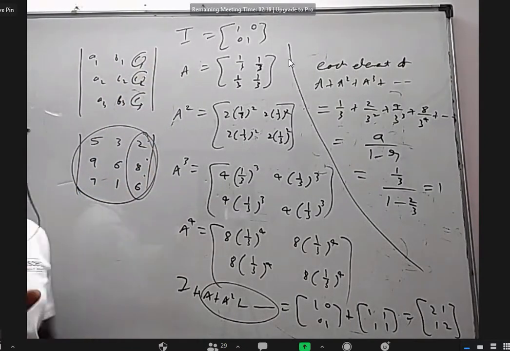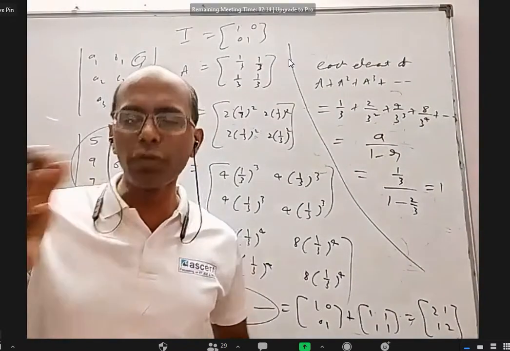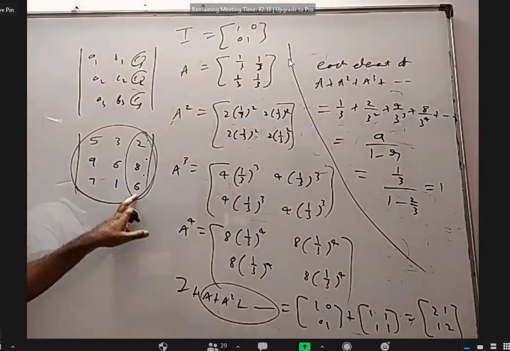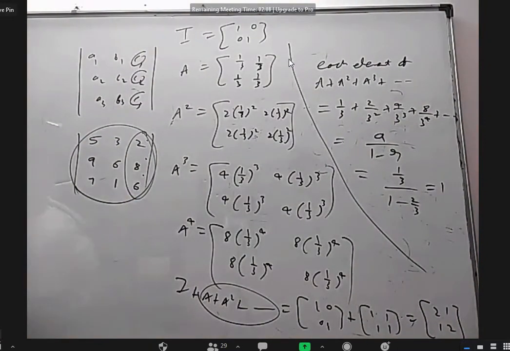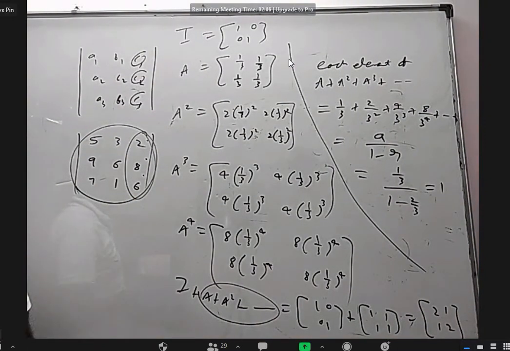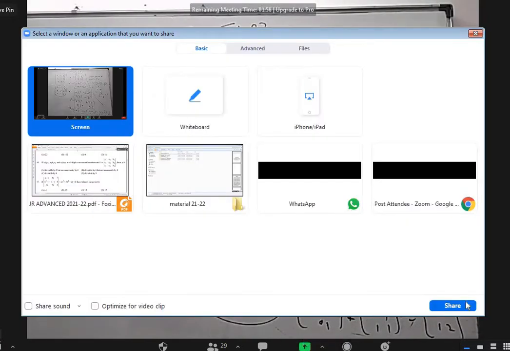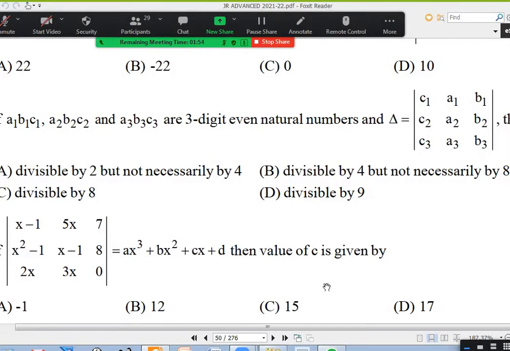Whenever a natural number is an even number, its unit digit is an even number. Other digits we don't know what they are. So this is an even number, this is an even number, this is a number. You will get 2 common for sure, right? Yes, sir. So we can say it's a multiple of 2 for sure. After taking 2 common, what the rest of the number will be, we don't know. It depends on the numbers that we chose.